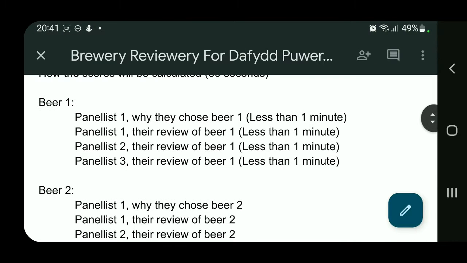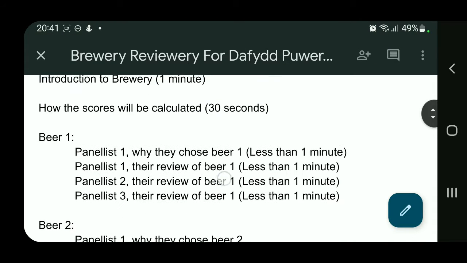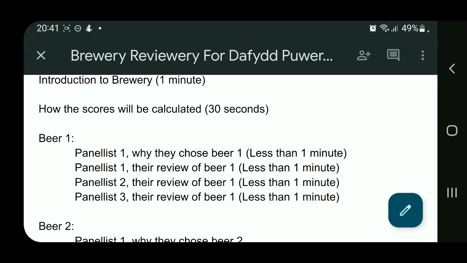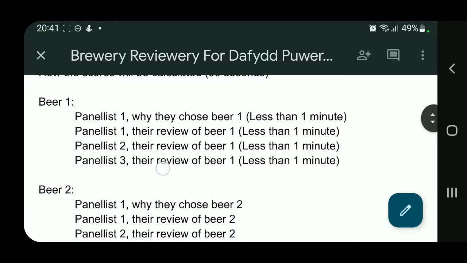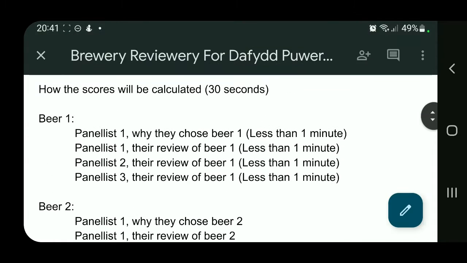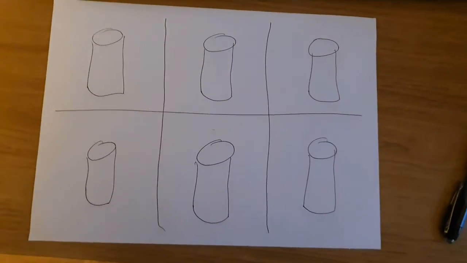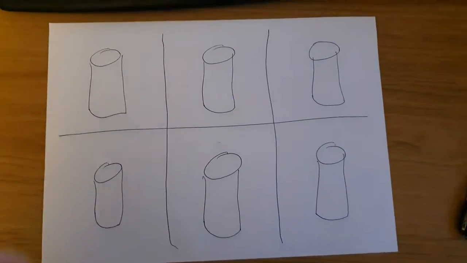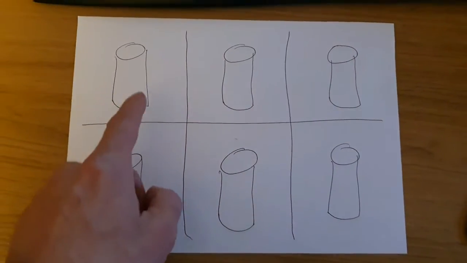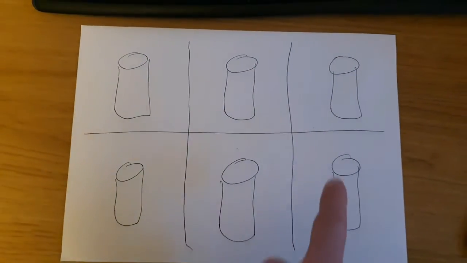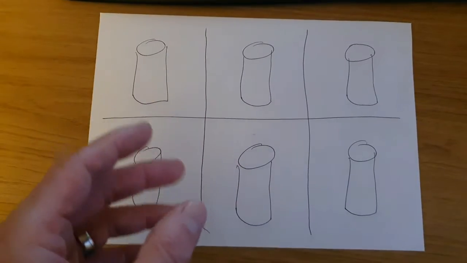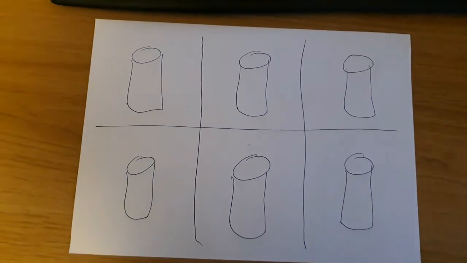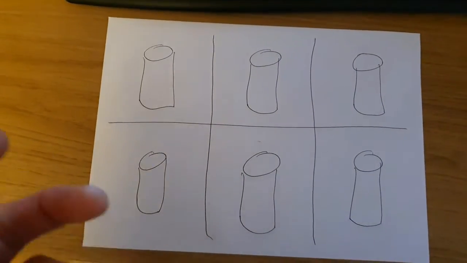So the graphic I would like you to do is for each of these different beer one, beer two, beer three sections, but we won't call them beer one, beer two, beer three. We'll call them by their actual names. So on with the idea. My idea is between each section or the beginning of each beer, we have this sort of grid of the 6 beers that are being reviewed, and it'll just say over the top, the next beer to be reviewed is,